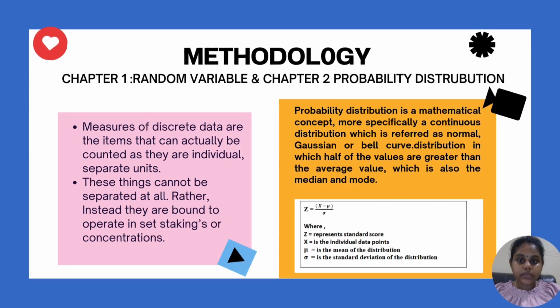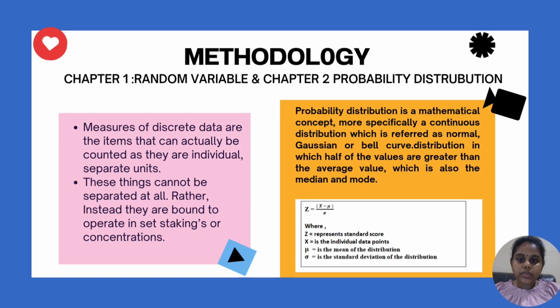Chapter 1 is random variable. Random variables usually measure discrete data, which are items that can actually be counted as individual or separate units. For chapter 2 is probability distribution, which is a mathematical concept,